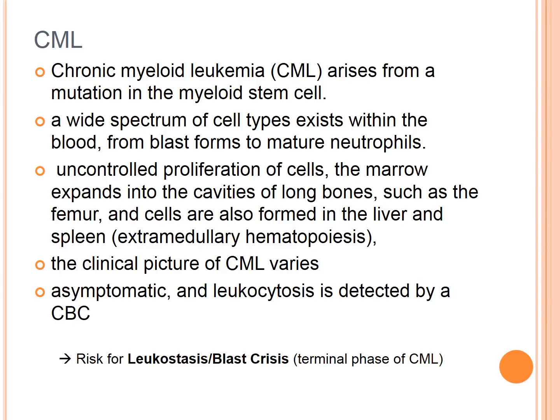And then it can progress to something called the accelerated phase, in which they start to show signs and symptoms of those B symptoms I mentioned. So that weight loss, fever, decreased appetite, night sweats. Okay, so they start to have those common leukemia symptoms. And then there is actually an acute phase of CML. And unfortunately, if someone gets to this acute phase, which is also called a blast phase, this is considered terminal.